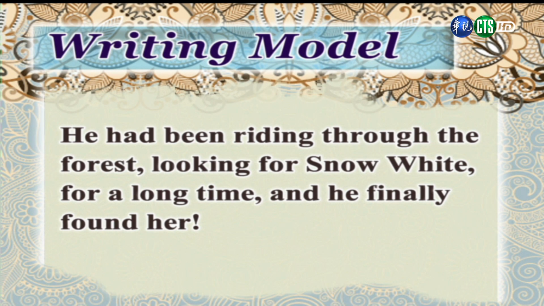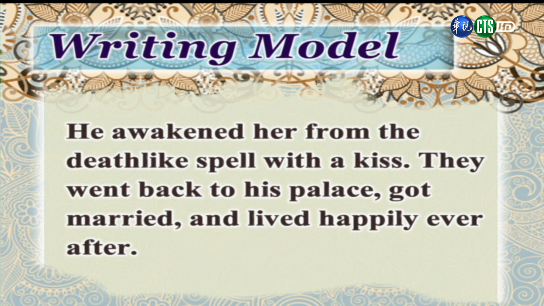her. 王子已经在森林中骑着马，到处找寻白雪公主好一段时间了，而且他终于最后找到了她。He awakened her from the death-like spell with a kiss. They went back to his palace, got married, and lived happily ever after. 他亲吻了白雪公主，唤醒了已经像死去一般深深沉睡的白雪公主，然后他们就回到王子的国家，结了婚，从此就过着幸福快乐的日子。And so now, this paragraph in the writing model is obviously the story of Snow White, which you've probably